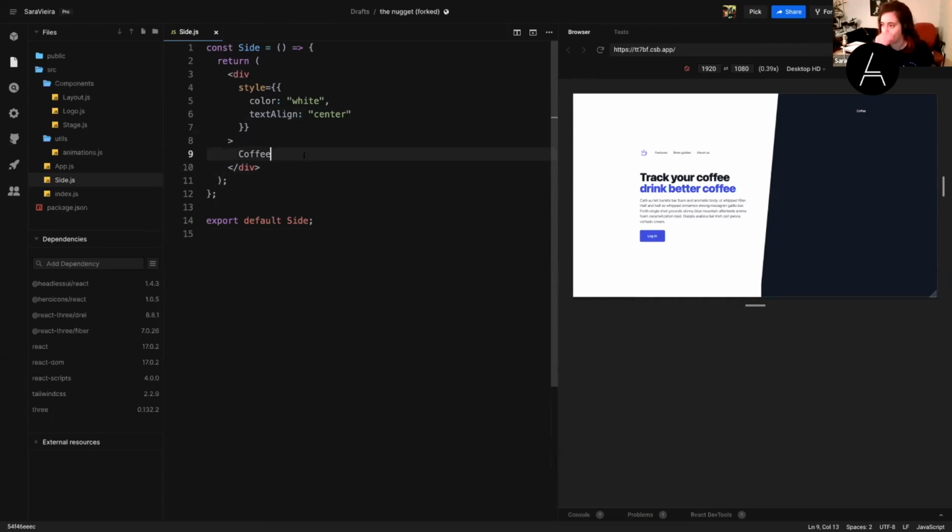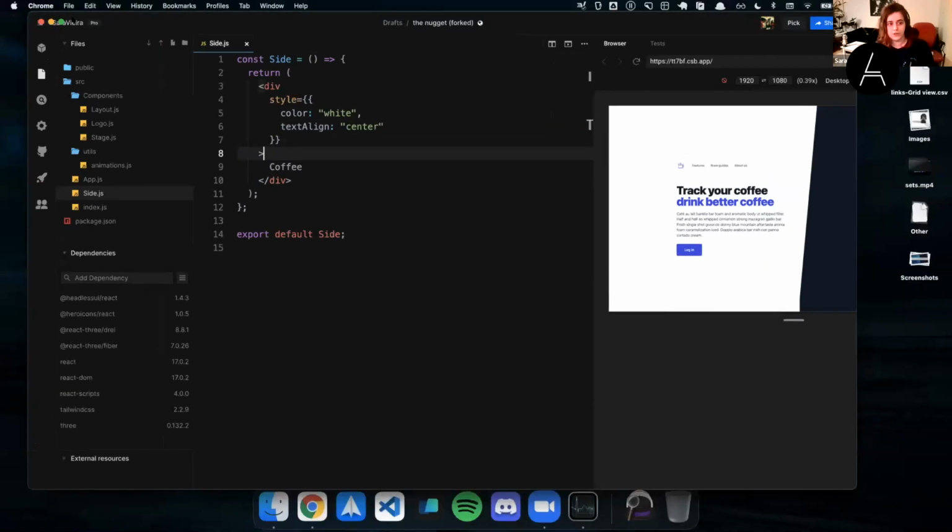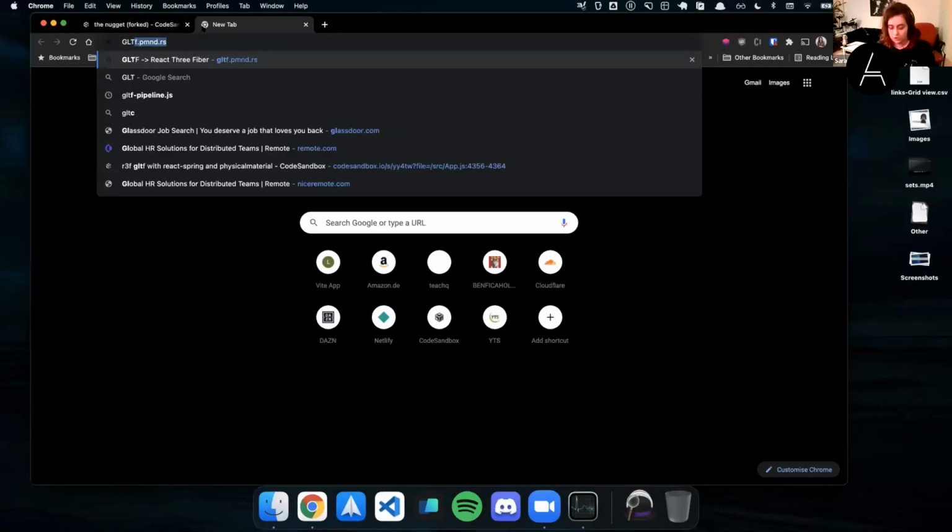So right now we don't have anything here, right? We only have something that says coffee. And what we want to put instead of the coffee is the cute little mug that we just created. We didn't create it for nothing, right? And for that, we're going to use React Three Fiber. And we're going to use something else called GLTFJSX. So if I go here,